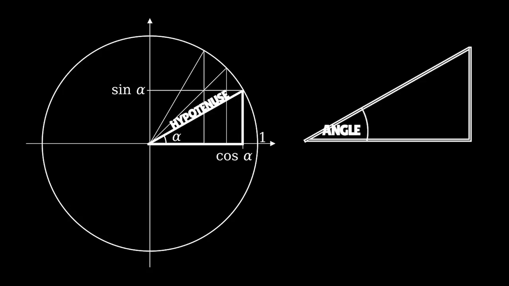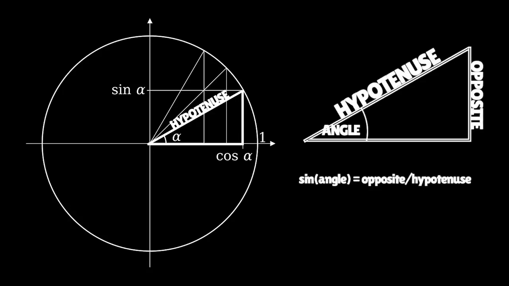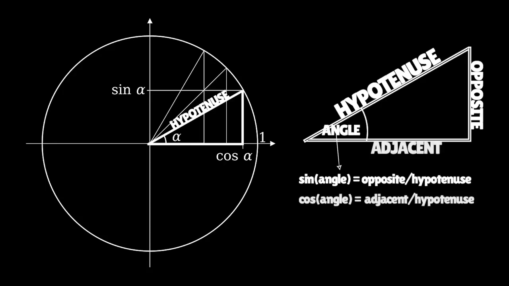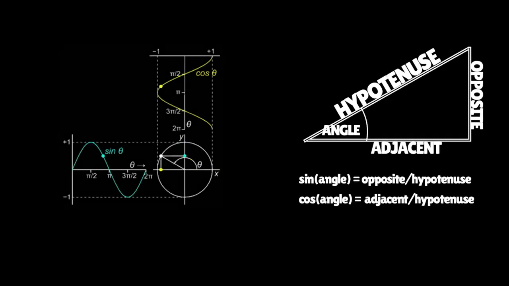sine value represents relationship between opposite side of the triangle and hypotenuse. Cosine is the relationship between the adjacent side of that triangle and hypotenuse. Hypotenuse size never changes, but sine and cosine cycle periodically as the size of opposite and adjacent side of this imaginary triangle changes. As a result, sine and cosine complement each other to map a circular path,